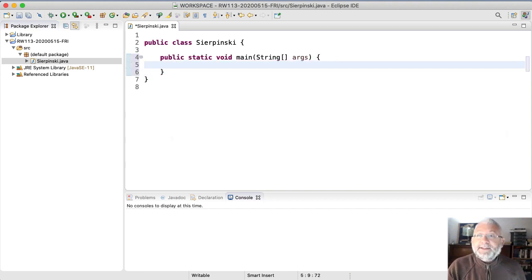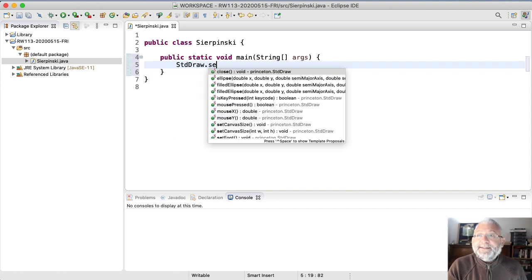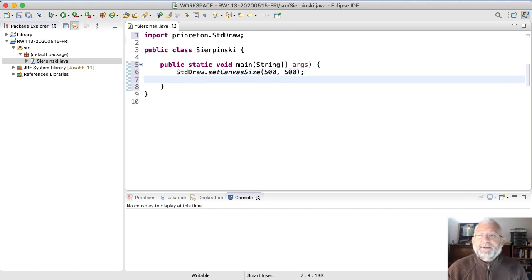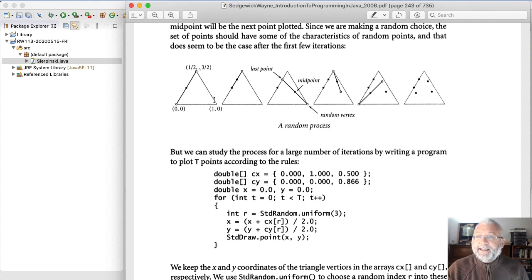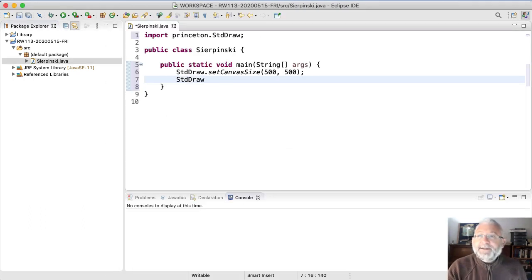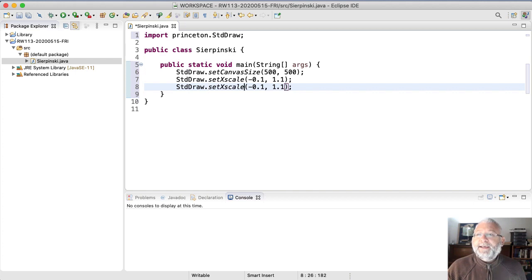Main function. Let's start by creating a canvas. Set canvas size. I guess I'll make it 500, 500. Seems fine. I'm not going to set the x and y coordinates because this is clearly going from 0 to 1. In fact, I will set the x and the y coordinates because they'll be right on the edge 0 and right on the edge 1, and I want to have a little border. So I'm going to change the coordinates, set x scale, and I want it to go from minus 0.1, that's just to the left of 0, to 1.1, that's just to the right of 1,